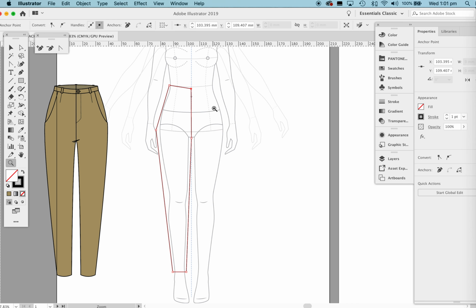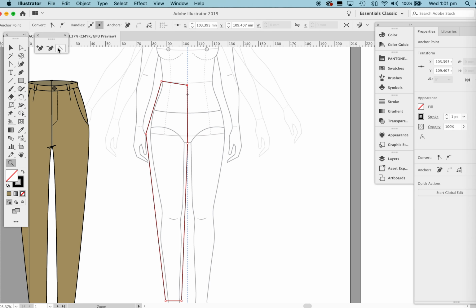I'll just zoom in so you can see a little bit better. Go to your anchor point tool, and I generally draw in the direction I like to drag my handles. This is a tip: in the direction that you drew. Now I drew from right to left in a clockwise direction. So from this anchor point, if I drag out there to the left,